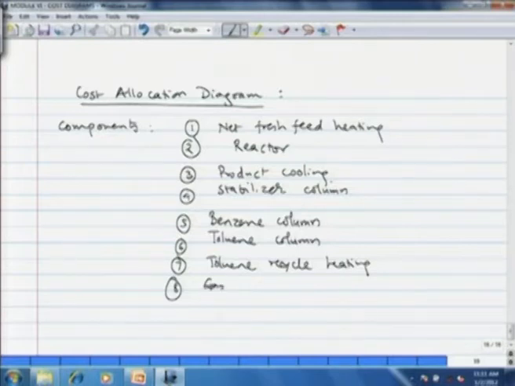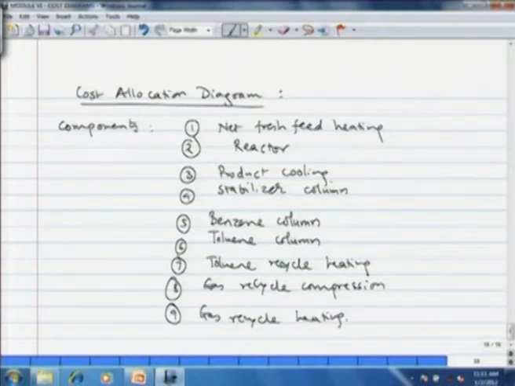First, the gas recycle compression, and the gas recycle heating. So, our cost allocation diagram will have these 9 components. In addition to these, in order to assess process alternatives, we also write the losses that occur in the system